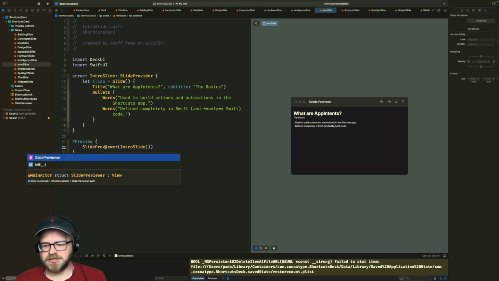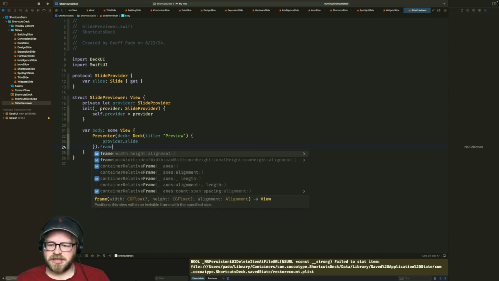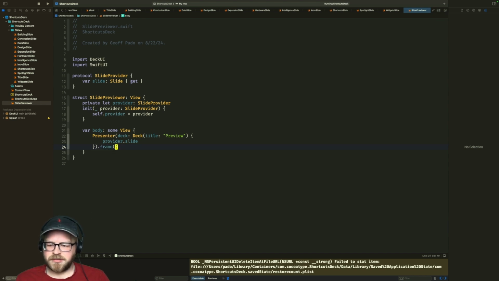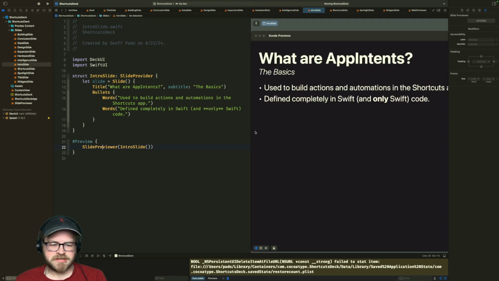Actually, you know what I could do is if I go to my slide previewer, I might be able to say dot frame width 1080. No. Yeah, 1920 by 1080. And maybe that'll make it a little bit bigger in my previews. Okay, there we go. That's much larger.